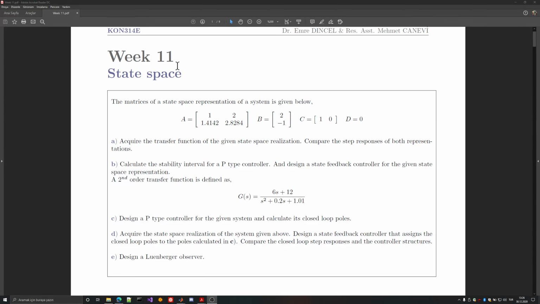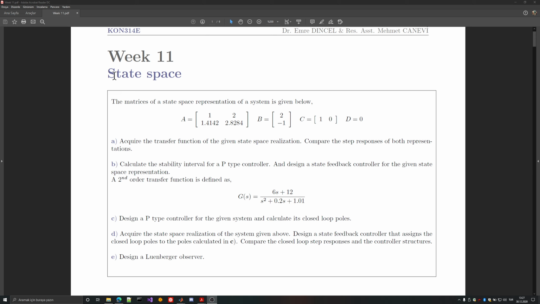Hello everybody. Today we will be talking about the state space methods. Up to this point we've seen time domain methods for analysis and synthesis, and last lesson we focused on frequency based methods where we had some Bode plots and we tried to design and analyze systems using the Bode plot. And today we will be